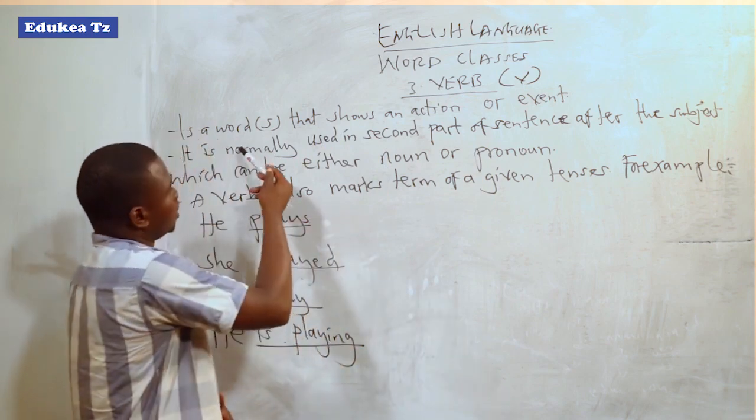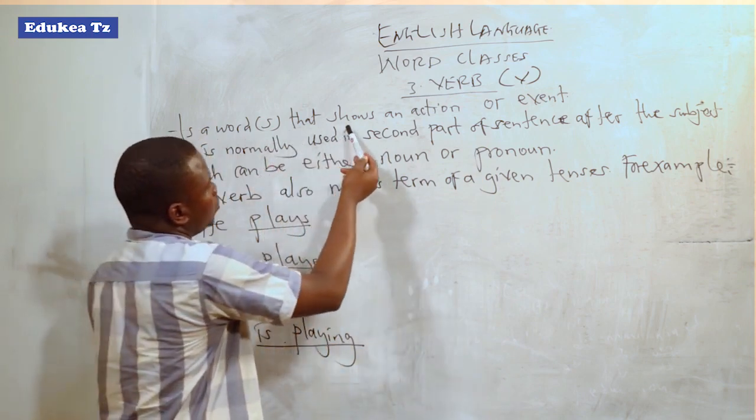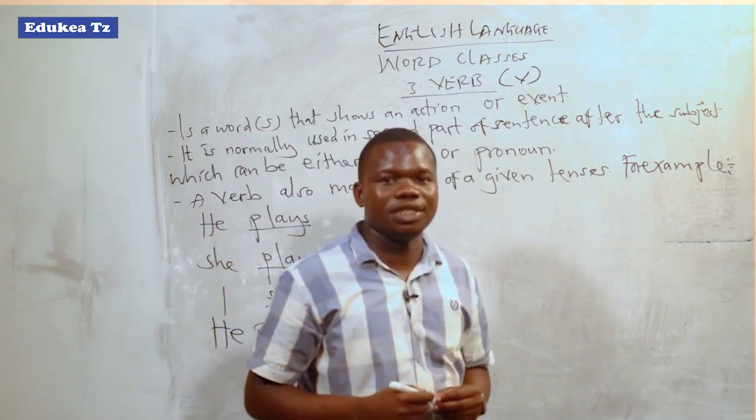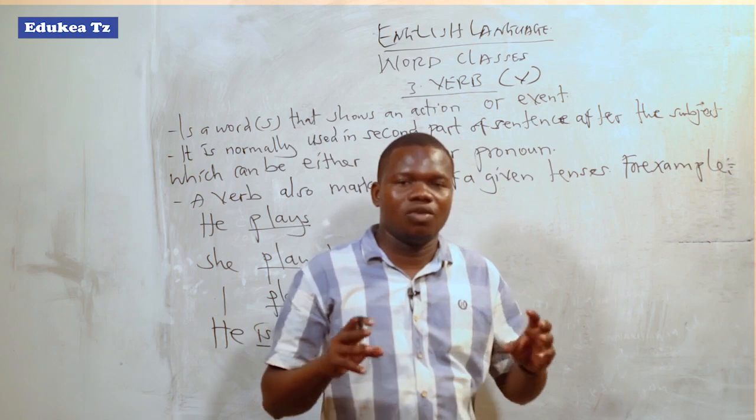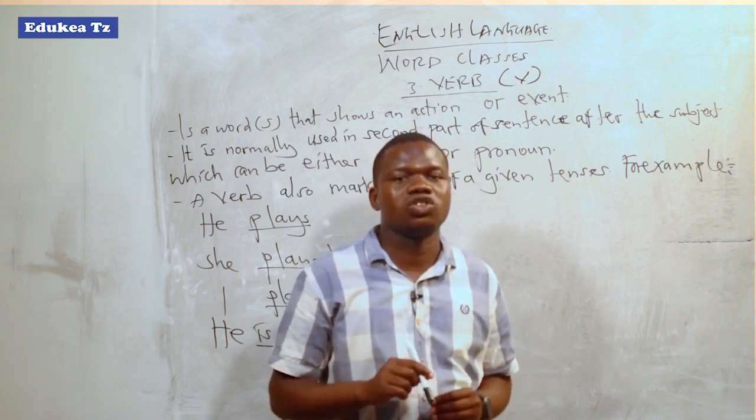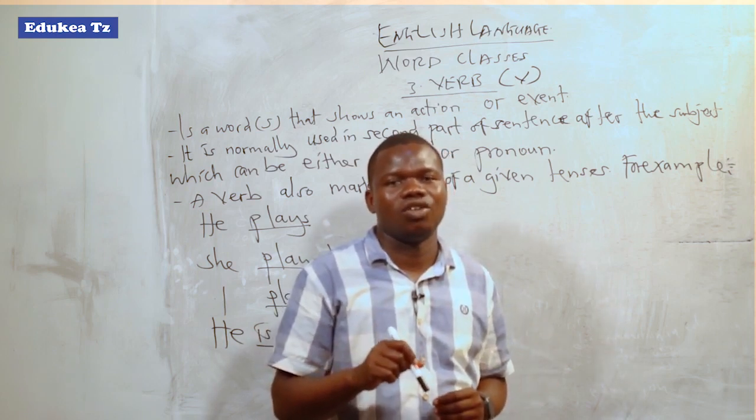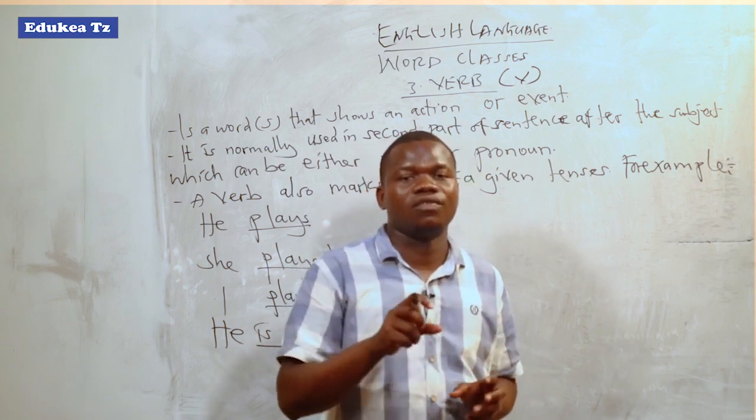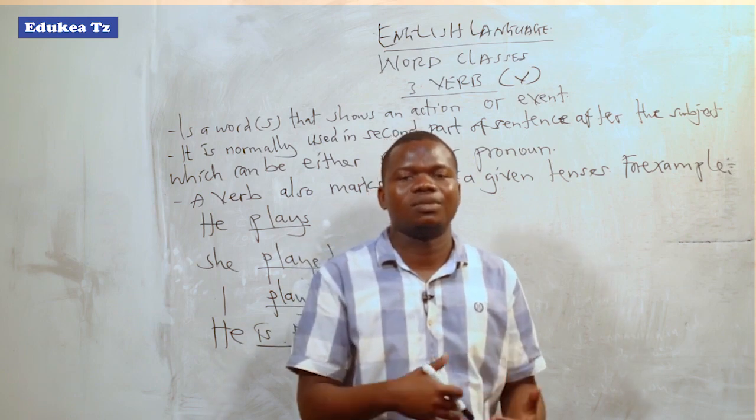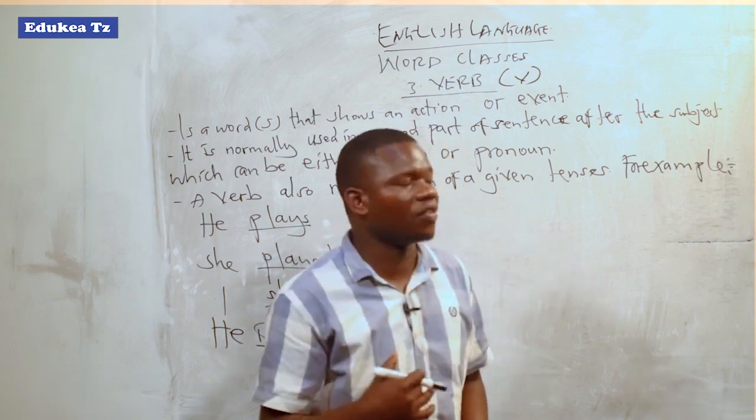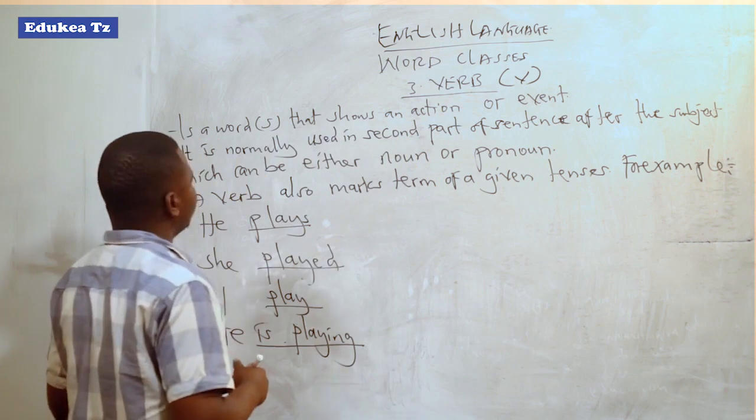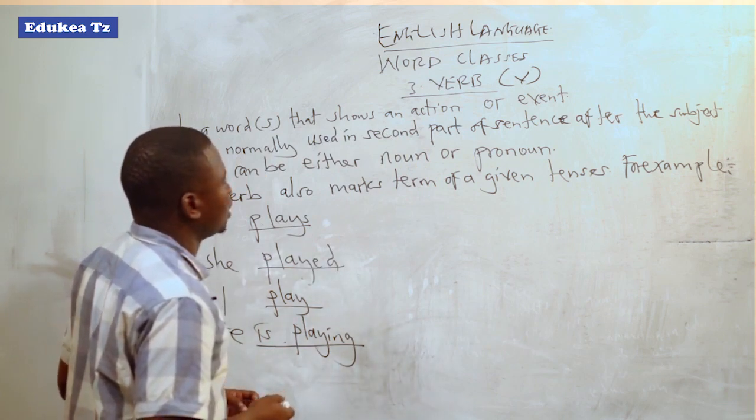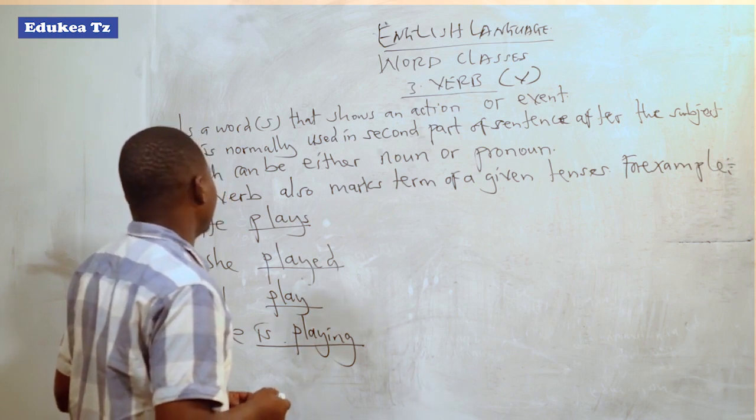A verb is a word or words that show an action or event. A verb is a word. All these are words, but these words show an action or event. Those words which show an event or action, they describe action. These are verbs. And it is normally used in the second part of sentences after the subject,